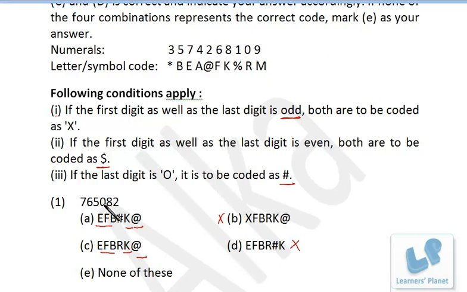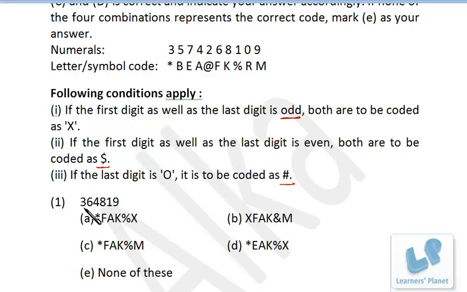So the fourth one, that is 0. 0 should be coded as R, right? So that should be the correct option, okay. But since none of these is there, you just quickly verify. EFP 765. So 765 EFP correct. R and K we have already checked. @ sign we have already checked. So that's correct. Okay.